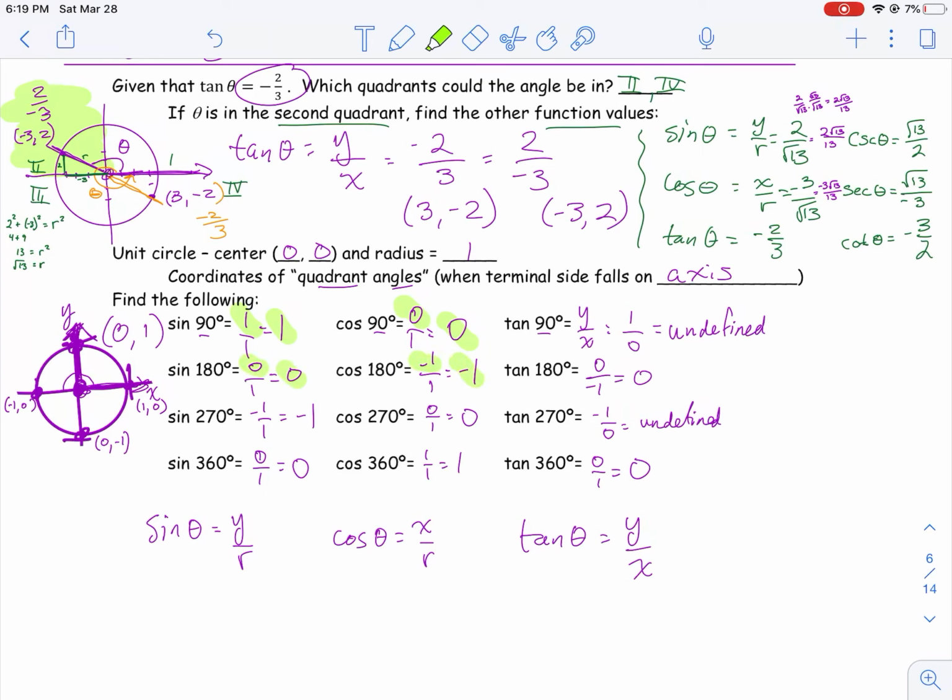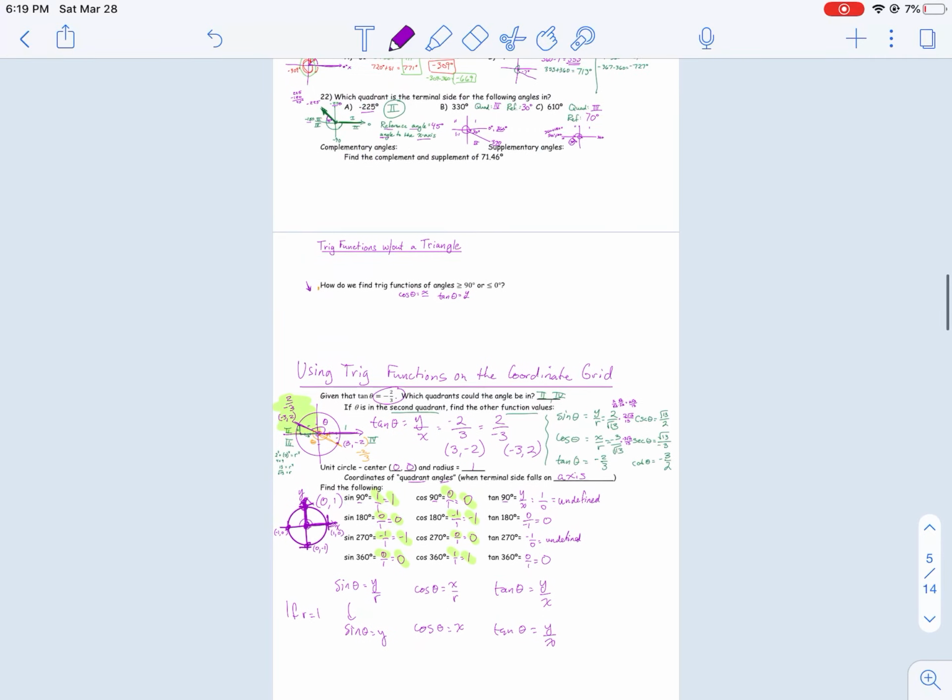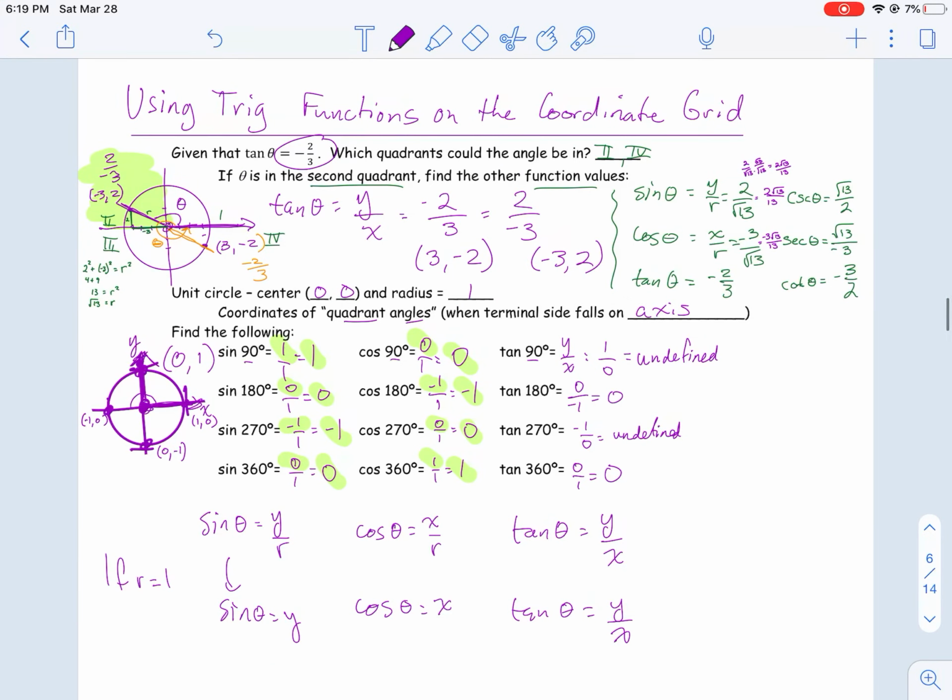For sine and cosine, the 1 in the bottom didn't change anything. And so that's why we chose the unit circle. You could have actually chosen a different circle, but then that radius becomes more important. So when I'm working on the unit circle, maybe I'll just write this down here. If r equals 1, then sine is just the y coordinate. Cosine is just the x coordinate. And actually tangent doesn't change anything. It's just y over x. All right. That is the last